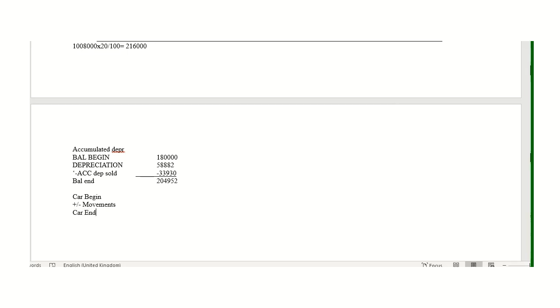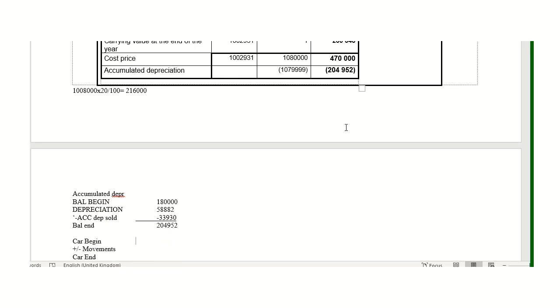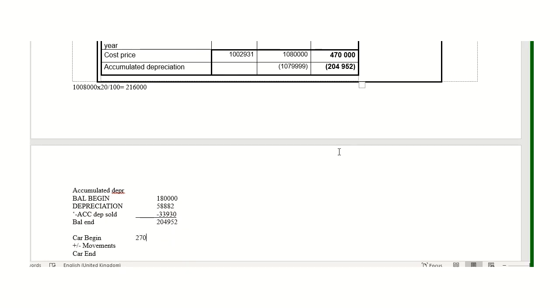So I've got a carrying value at the beginning, and that carrying value was 270,000. The movements I cannot work out because I've